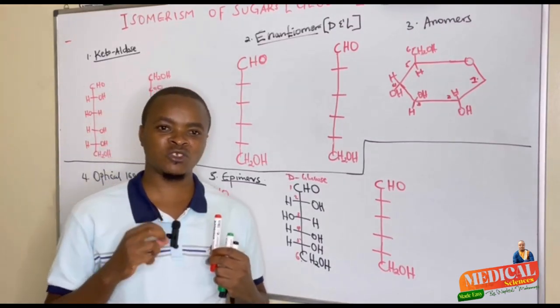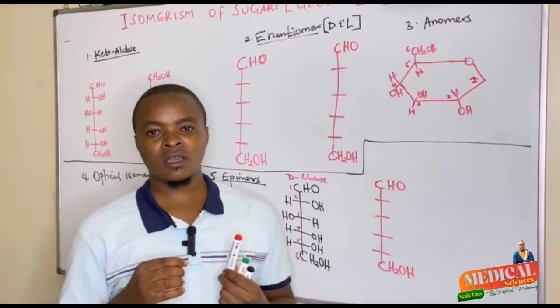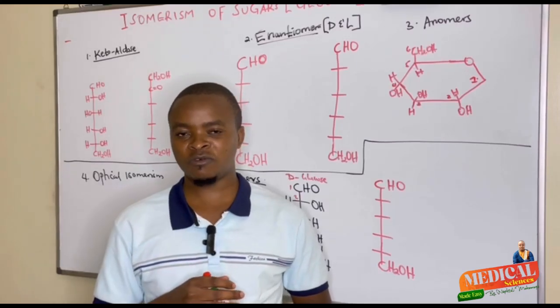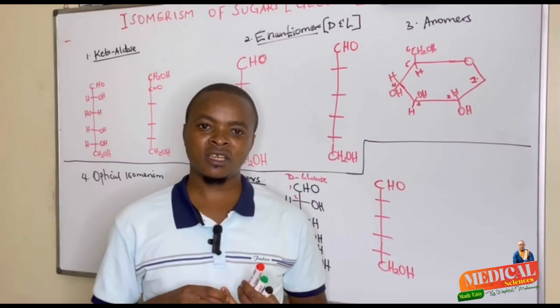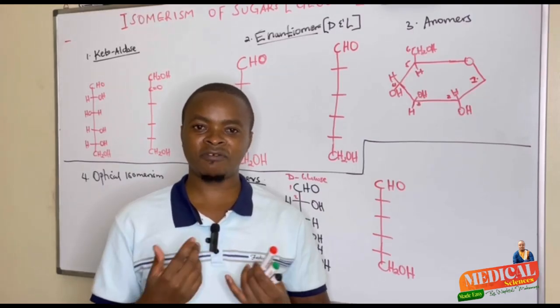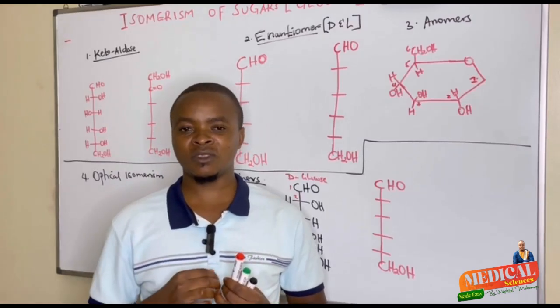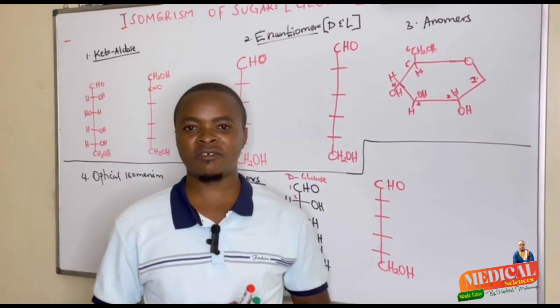So isomers are compounds or molecules with the same molecular formula but different structural formula. We see different sugars, especially glucose, existing in different forms. The molecular formula is the same, but there is a difference in the arrangement